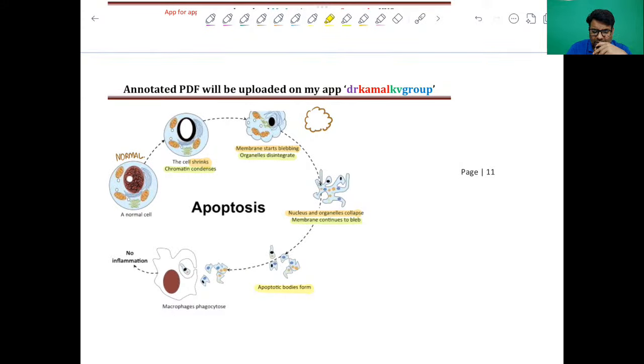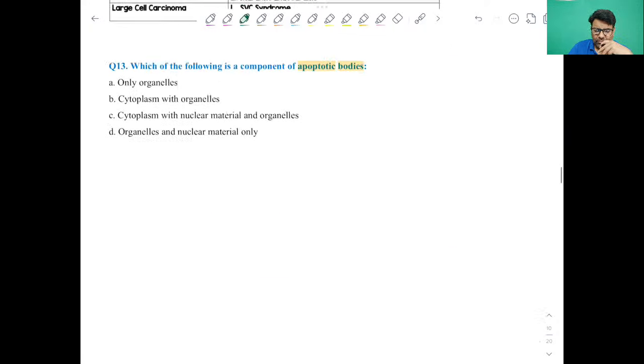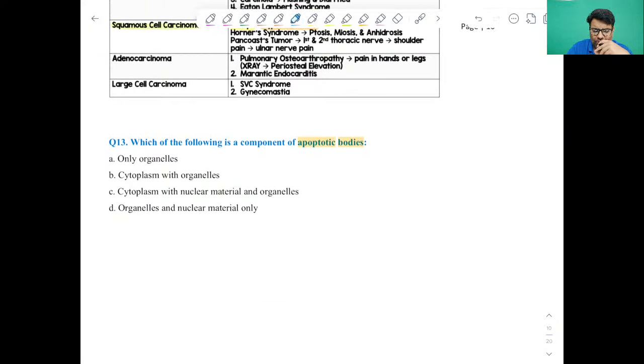So what actually is there in the apoptotic body? There are nuclear remnants, there are cellular remnants, and these are covered by a membrane. So this is the apoptotic bodies. And here, therefore, what will be the answer if you are discussing component of apoptotic bodies? Obviously it is